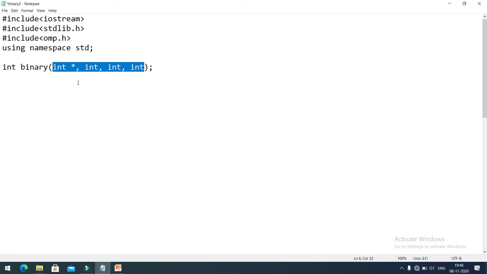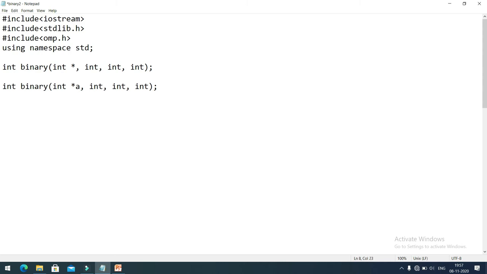Number 3 is the ending position of our list, and number 4 is the search key. So this is the declaration of the function binary. Now let us define it. So I will simply copy this and here, this is the name of our array.